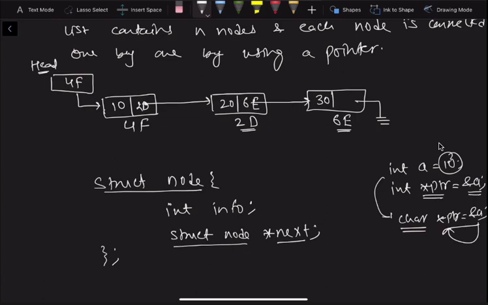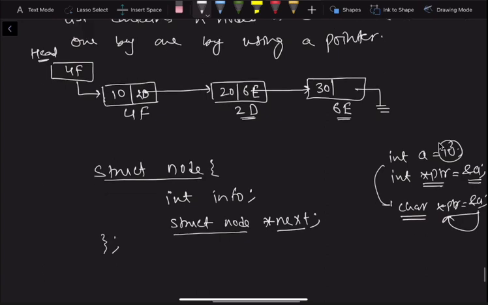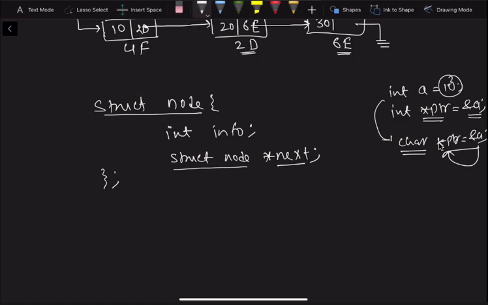If you go to a building site, there is no construction done. Now, I need to write struct node every time, and to save myself from that, I will write typedef. So I will write typedef struct node.